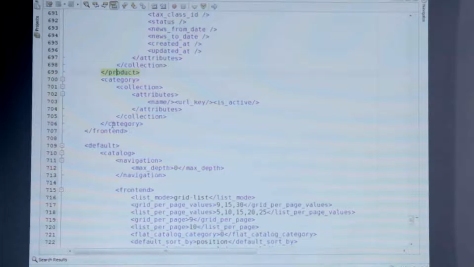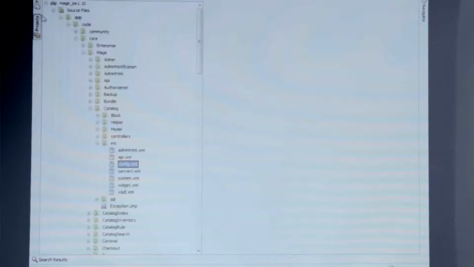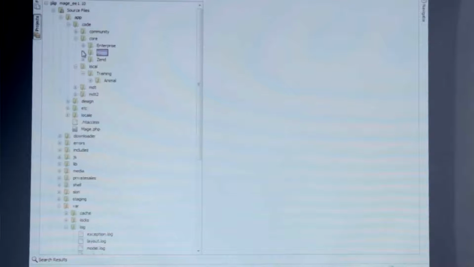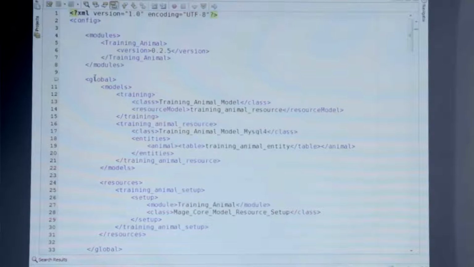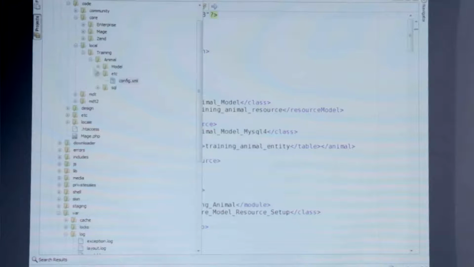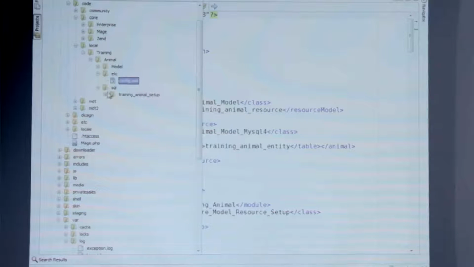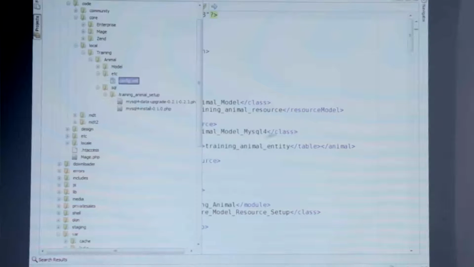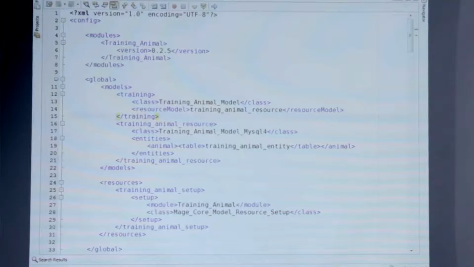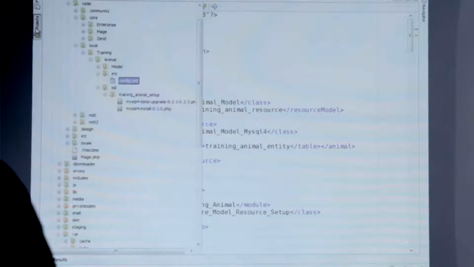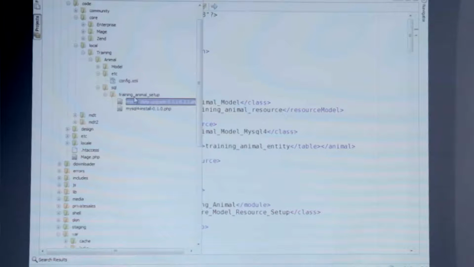So, as far as creating attributes from an upgrade script, well, what would that look like? Well, okay, we'll need two things open to do this. We'll need our module configuration, and then we'll also need to make some migration file. So let me see, I'm at version 0.2.5 now. So I'm going to